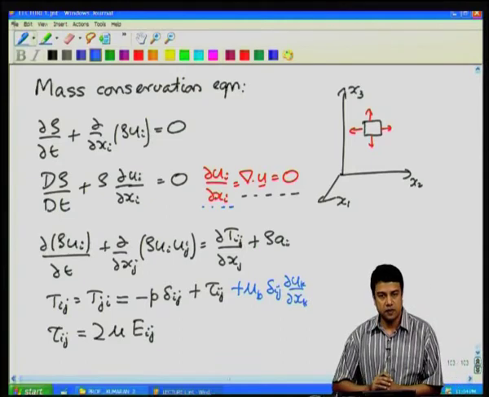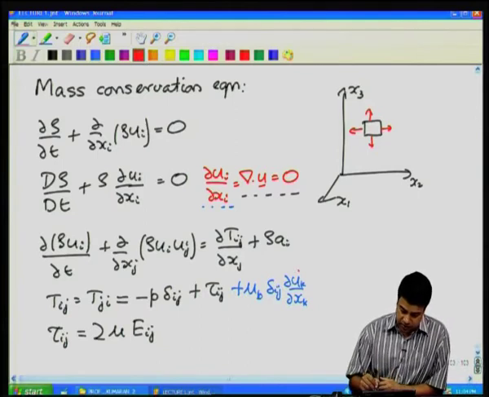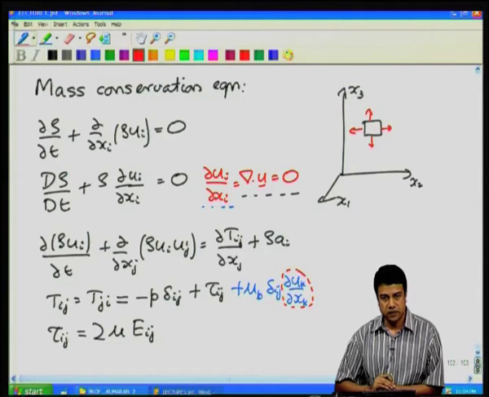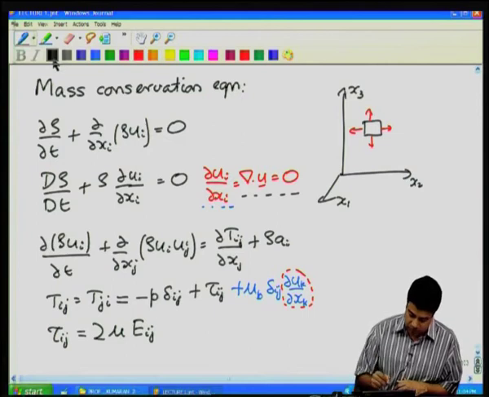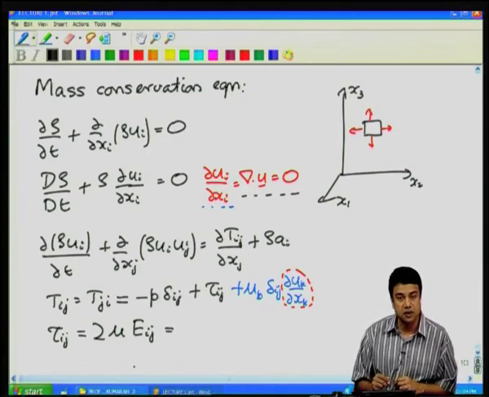You could have another contribution if the fluid was compressible, because as you can see, this is the divergence of the velocity. However, since we are restricting our discussion to incompressible fluids, this contribution is 0, and all you are left with is 2 mu times Eij, where Eij, as you recall, was the symmetric traceless part of the rate of deformation tensor,